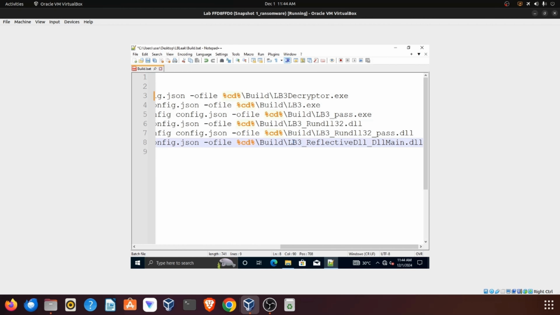Finally, LockBit creates a reflective DLL to use reflective DLL injection, a technique that hides the ransomware from detection. It allows the malware to load directly in memory without writing to disk, bypassing security measures and blending in with legitimate processes. So, this is how the build process works. Now, let's look at the